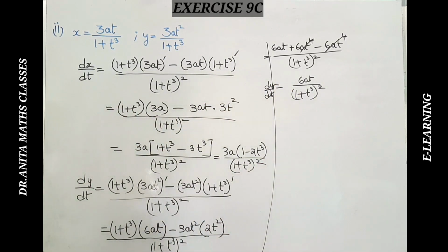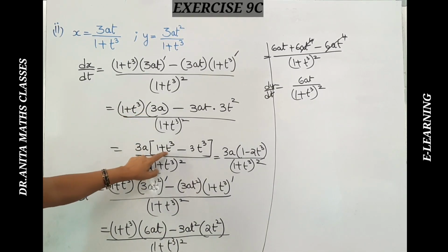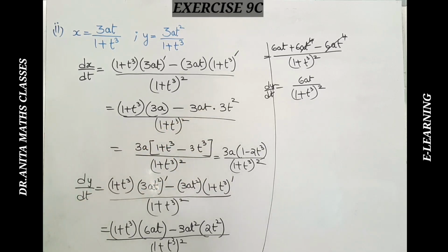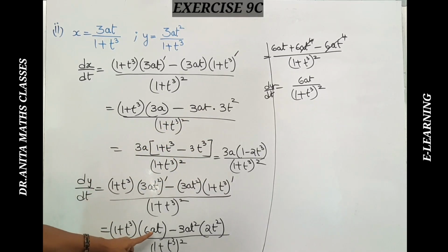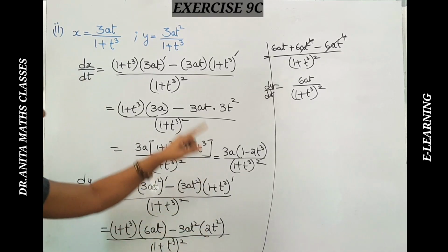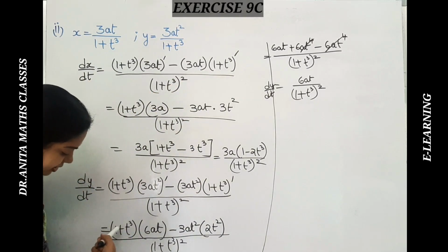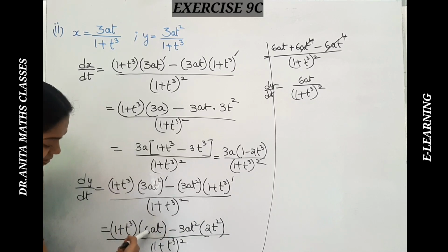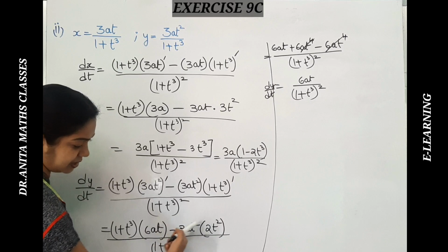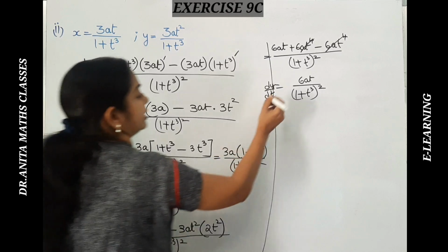Okay, check over again here. Here also we have 3a taken common. You get 1 plus t cube and here 3t cube. Here if I take 3a common, 2t will be there. So 2t plus 2t4. Here also 2t4 will be there. Again the 2t4 will get cancelled. So I have again multiplied it. Then you get 6at4 here and 6at4 here. So minus and plus go off. So this is only dy by dt here.